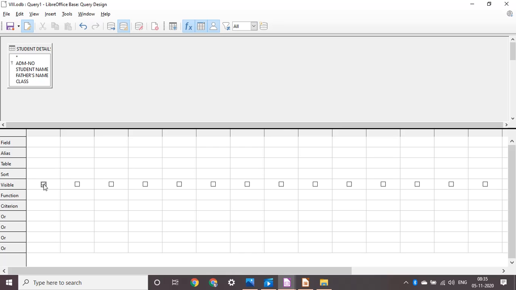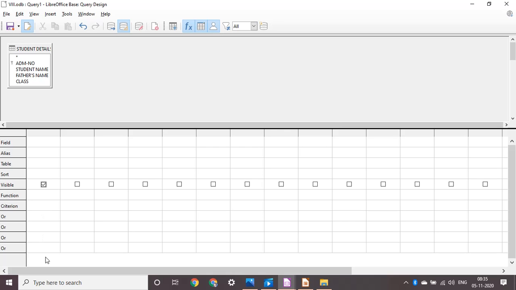Visibility, if we check this box, that field will be displayed when the query is executed. Then criteria, the condition on which we will filter the data. Then or, it specifies multiple criteria. Means if you want to work on more than one criteria,